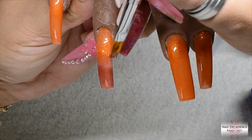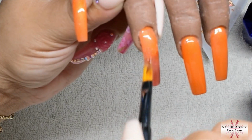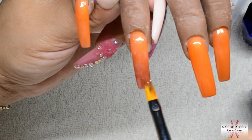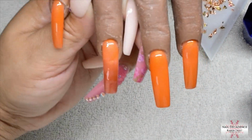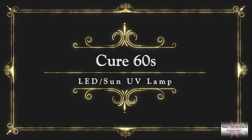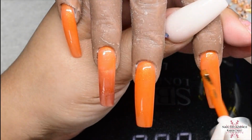So I'm just using my ombre brush, and I will ombre those 2 colours together. As you can see, I will pull down and then I'll brush back up, and I'll pull down and then I'll brush it back up. And this is how I get my ombres to look quite decent. I'll go from side to side, whiz along, side to side, up and down, and then I will cure that in place and then add my